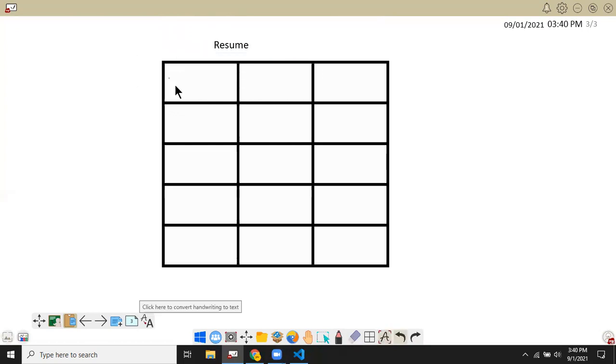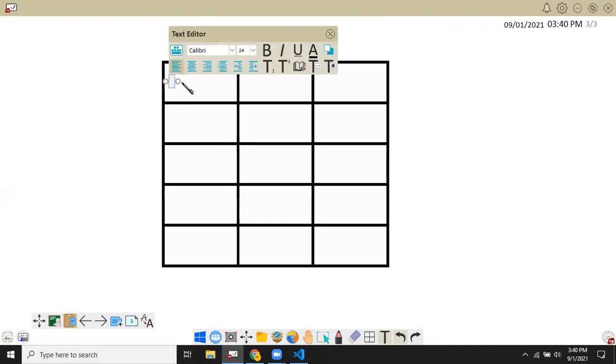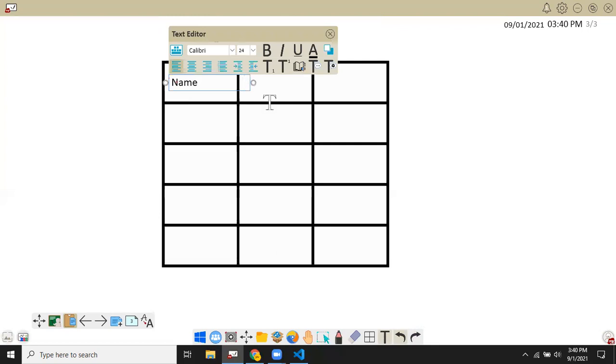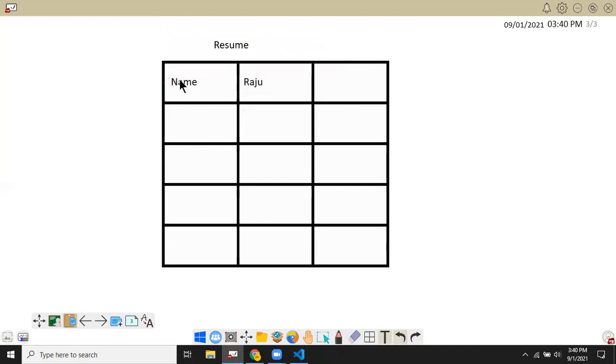So now here you're going to have the name of the student. So here you're going to have the name. For example, name, okay, let us say you're going to have the name as Raju. See, I'm using it. So the name is Raju. Now, like this, you understood what information you want to display. So you want to display your resume, that is what is your name, what is your qualification, all those things, whatever you want to have here.